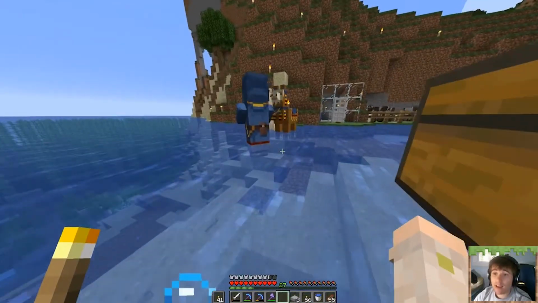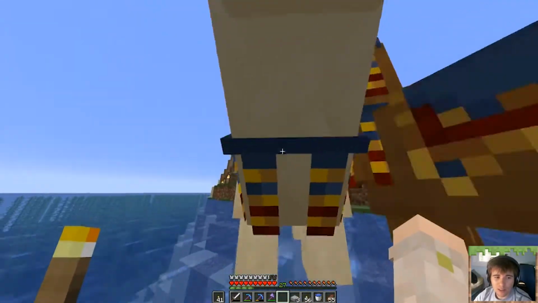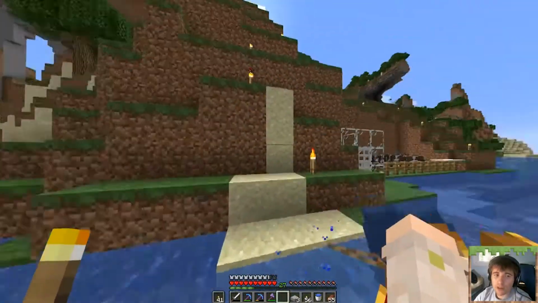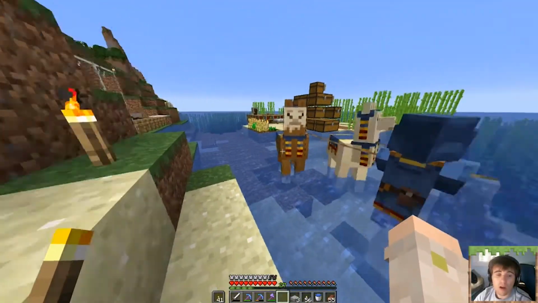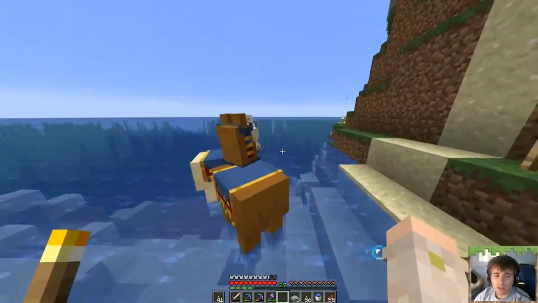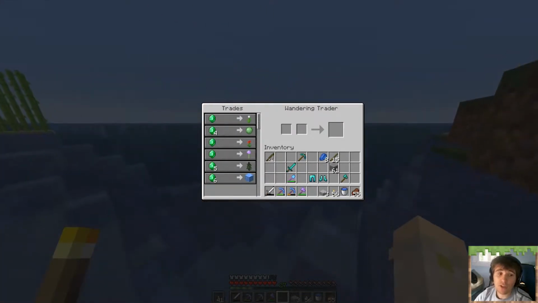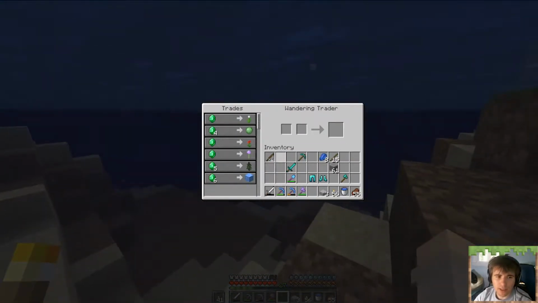And then I noticed this guy out of the corner of my eye, and I was like, man, we gotta talk about these guys. This is a wandering trader. They spawn at random on almost any solid block. They usually spawn in loaded chunks near a player. And then they have a huge variety of trades. You can see this guy here